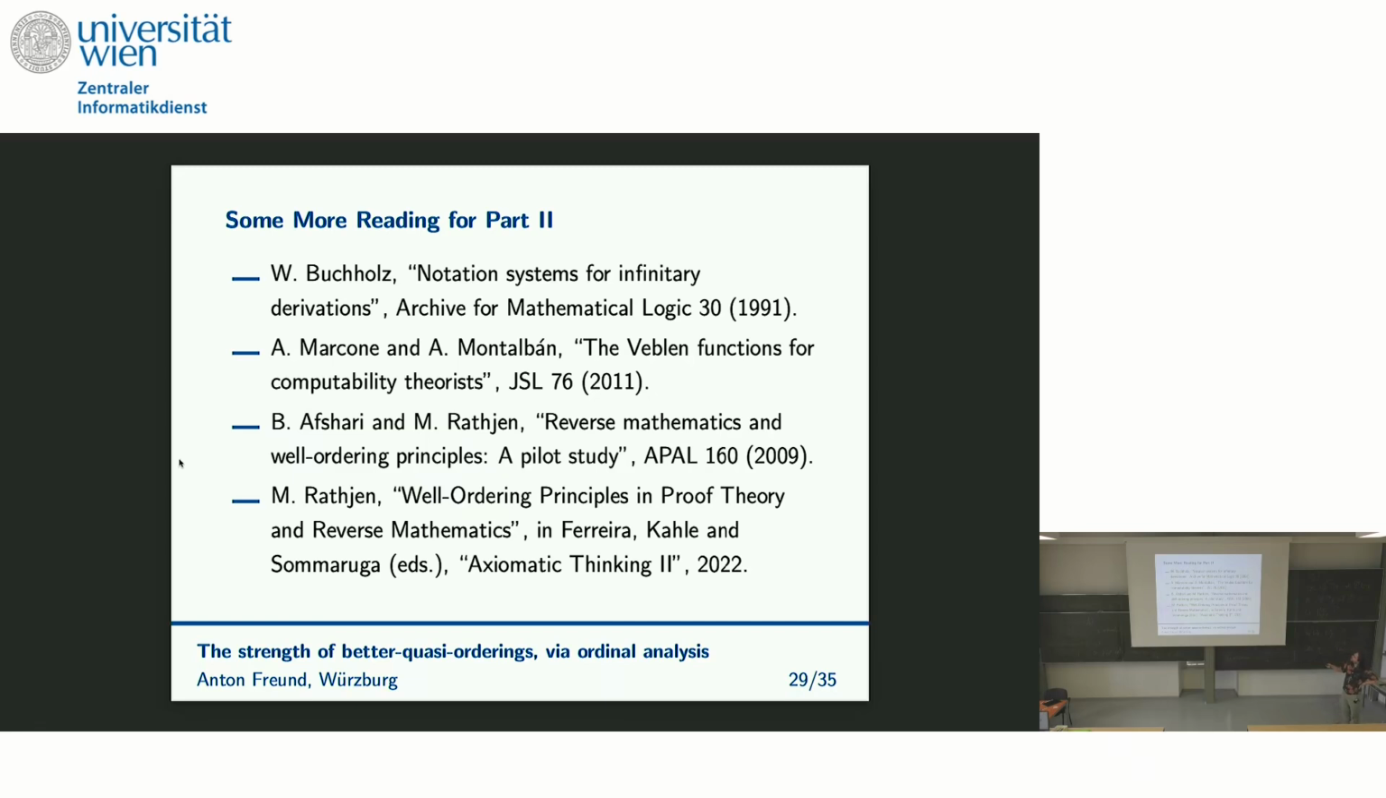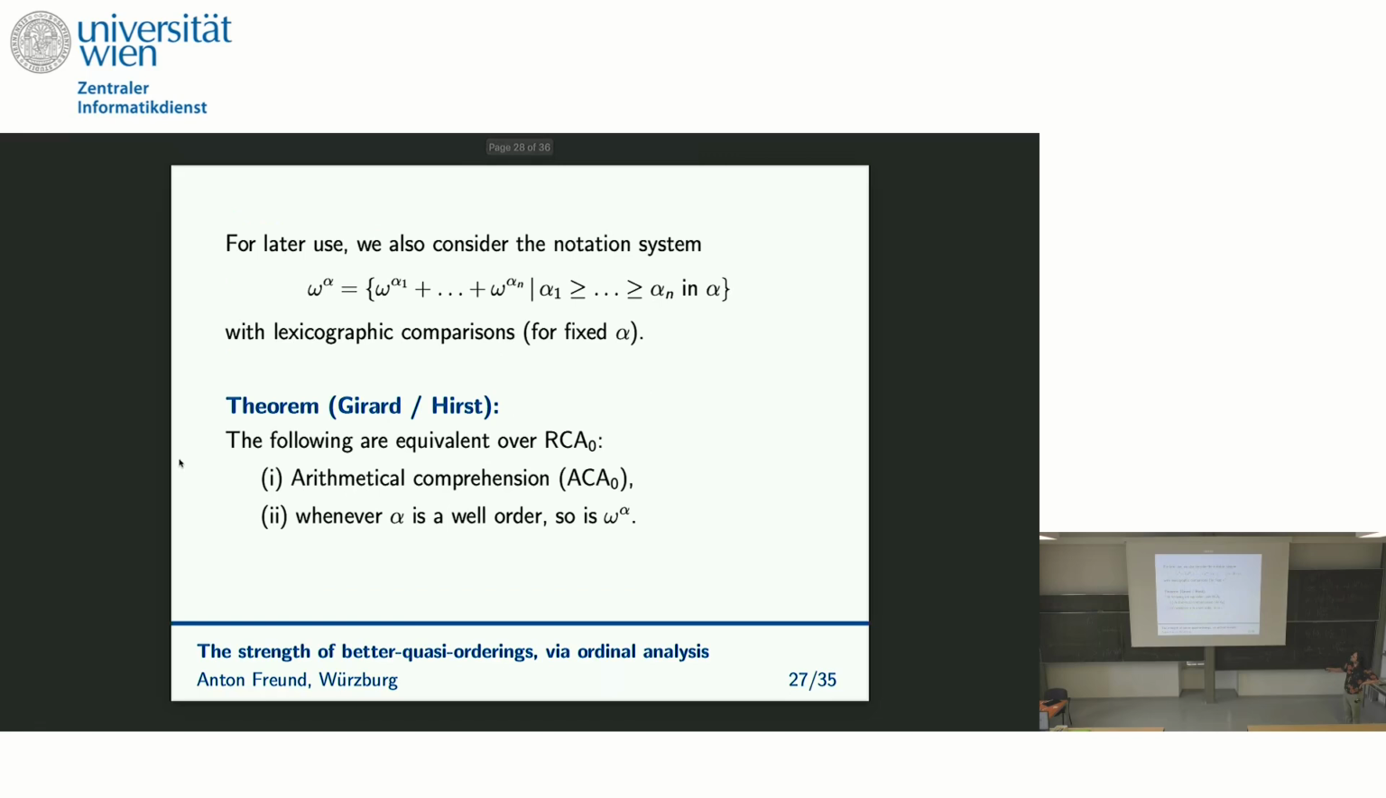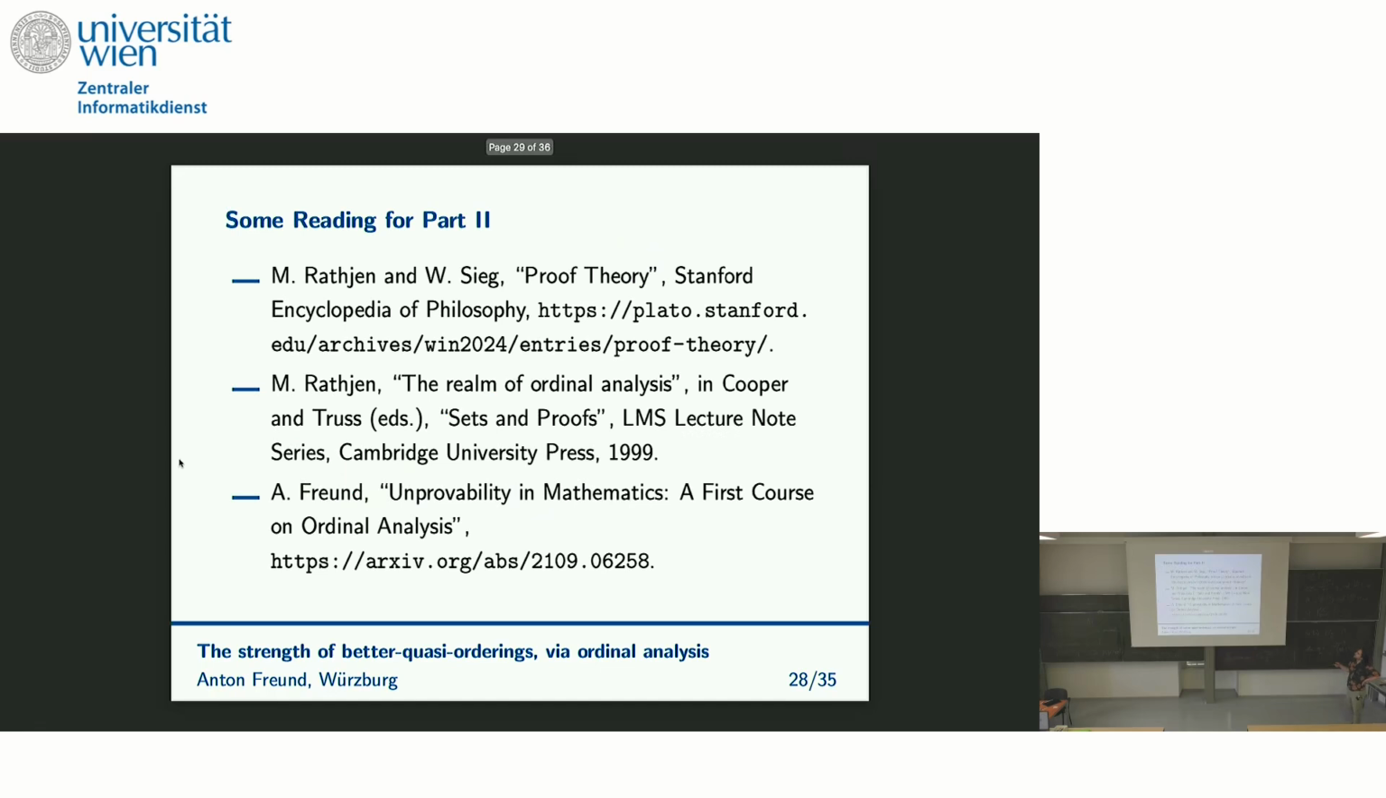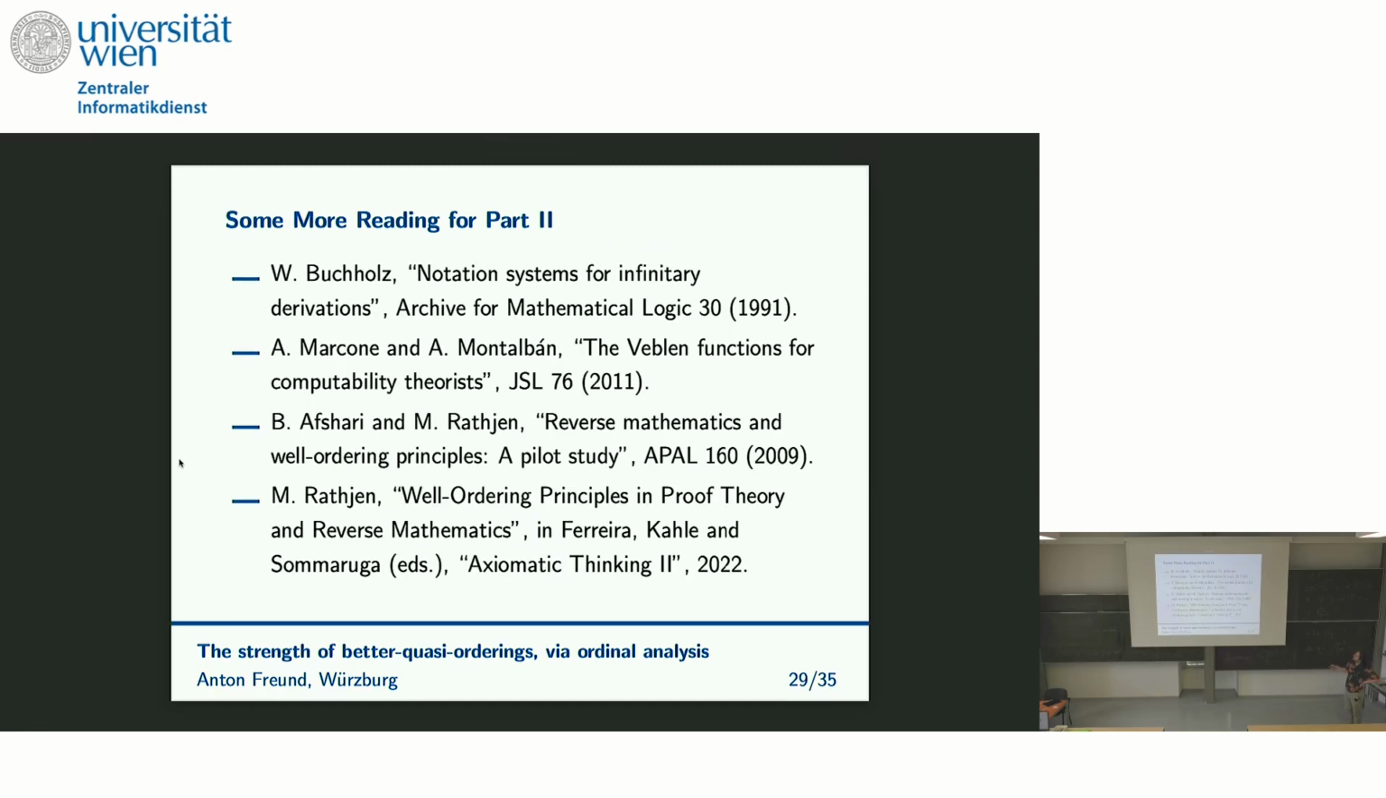Then these are the two proofs of the result that we saw, the one by Marcone and Montalbán via computability theory, and the one by Afshari and Rathjen that I tried to summarize. And then finally, there is a lot of literature on well-ordering principles now. So well-ordering principles are these type of transformations, some order alpha into some order omega to the alpha that's computable from it, or some order alpha into another order epsilon alpha that's computable relative to it. And this is a survey paper on well-ordering principles. They connect proof theory, computability theory, and reverse mathematics. That's it for the